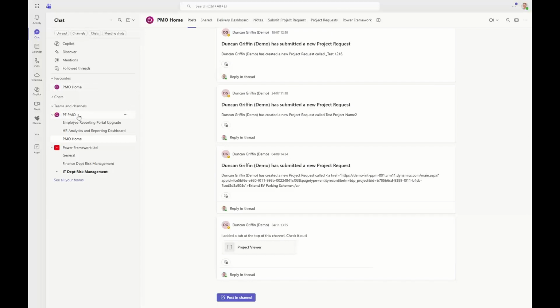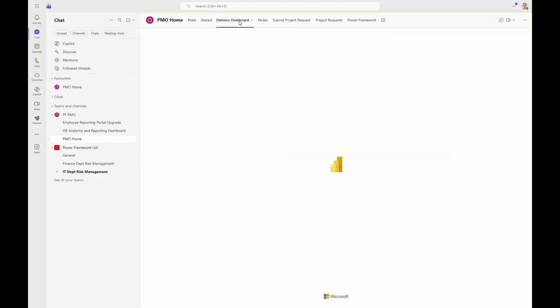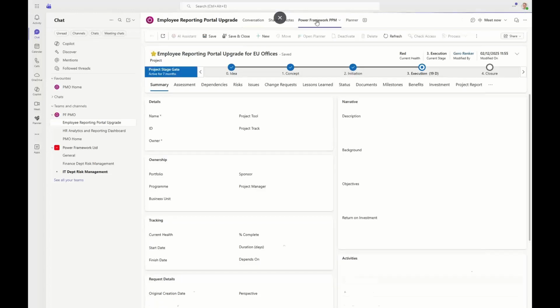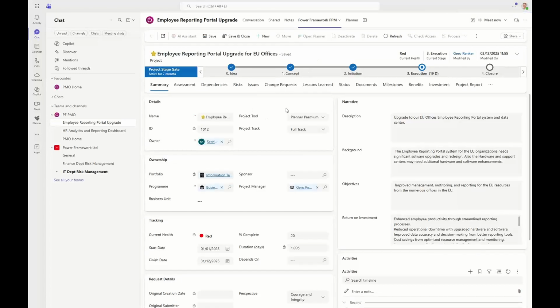I have a PMO team where, for example, dashboards are deployed themselves, so we can of course make those available through Teams. But also the project itself can be embedded. So we have a Teams channel for a particular project, and we are able to reach the application within this